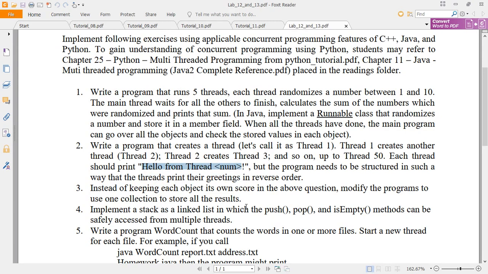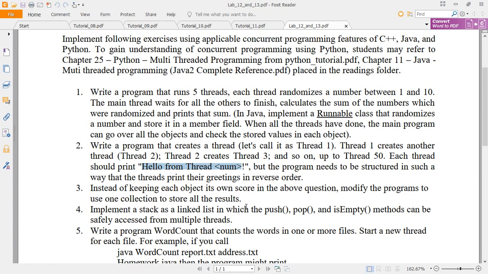The logic is very simple. The creation will be done, and once the creation is done, the joining of these threads will be in the reverse order. So you should focus on joining, so that the output will be printed in the reverse order.